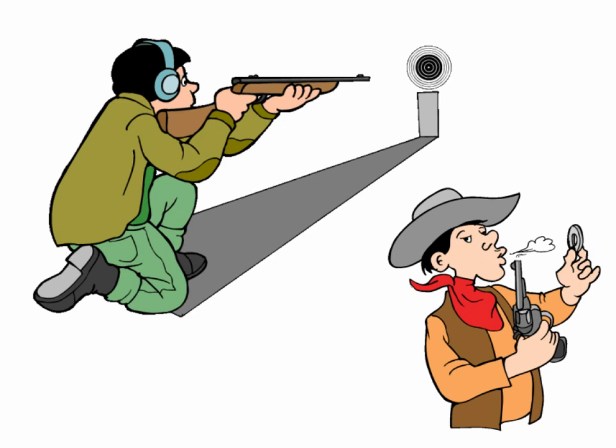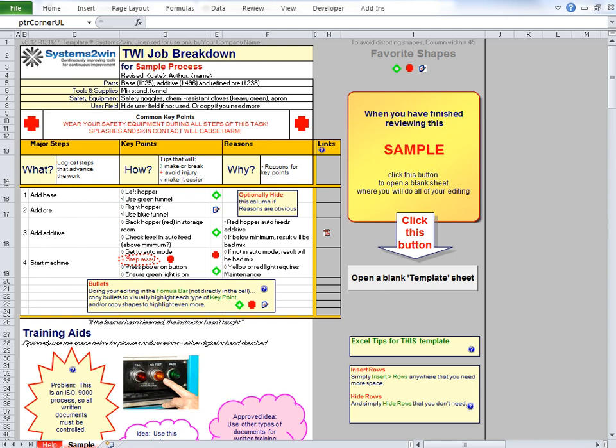Even if your company is not seeking official ISO 9000 certification, these standard work tools can still provide the same benefits because your people will be doing their work the standard way so that your customers and investors can trust that your processes are under control, and more importantly, so that you can trust that your processes are under control. Now, the next popular tool for documenting standard work is the Job Breakdown sheet.